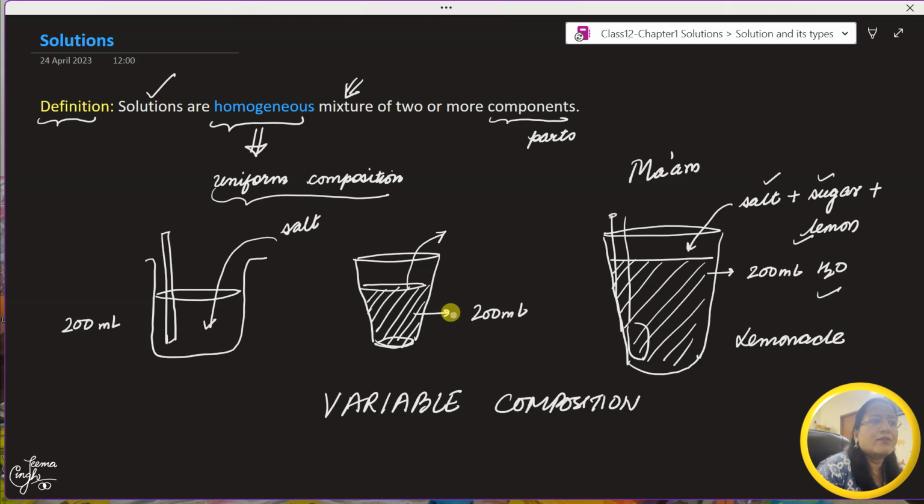Can you not alter the amount of salt, sugar, and lemon? I took a pinch of salt. You can add 2 pinches of salt. You can add a little more sugar, less of lemon, and you can increase or decrease the quantity of water and stir it thoroughly. So you are also getting a mixture. I'm also getting a mixture of lemonade. So I have a lemonade, you have a lemonade, right? Uniform composition throughout. So we have solutions, but the concentration of your solution and the concentration of my solution are